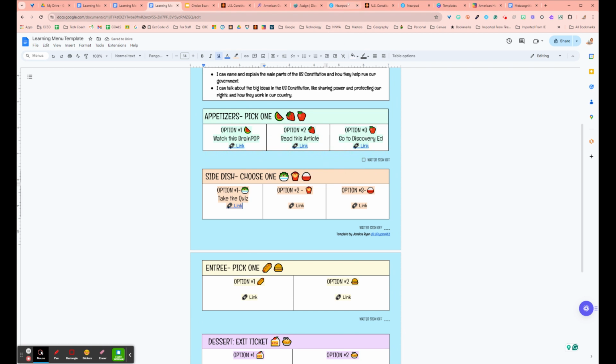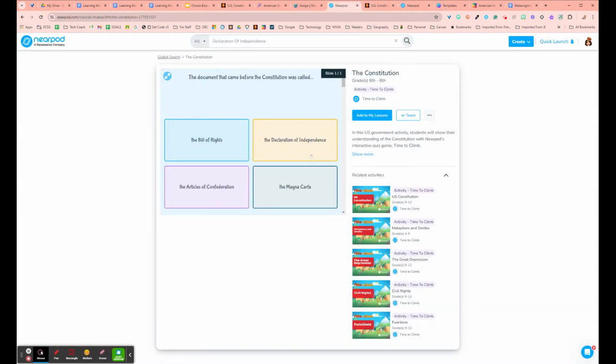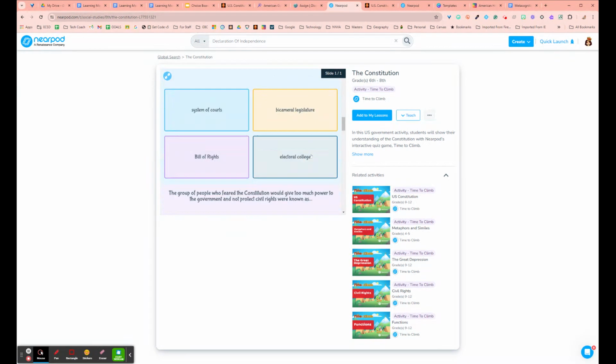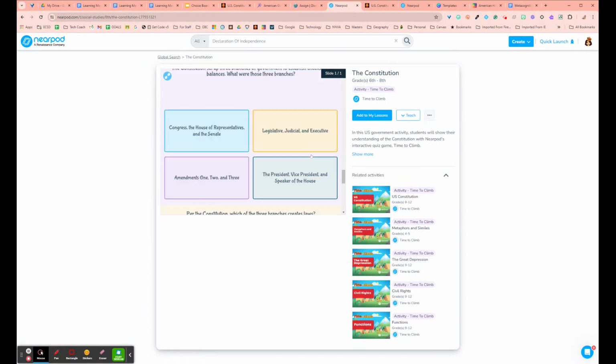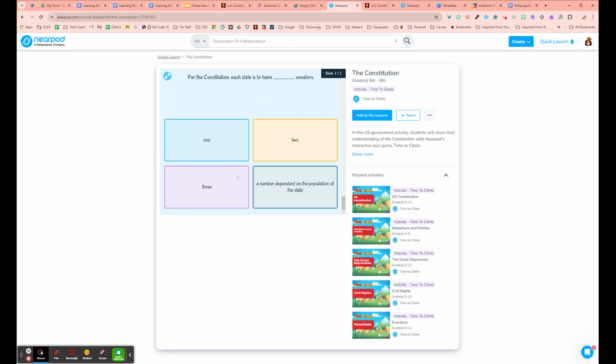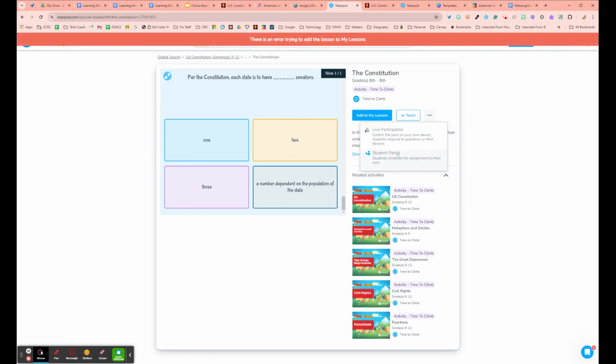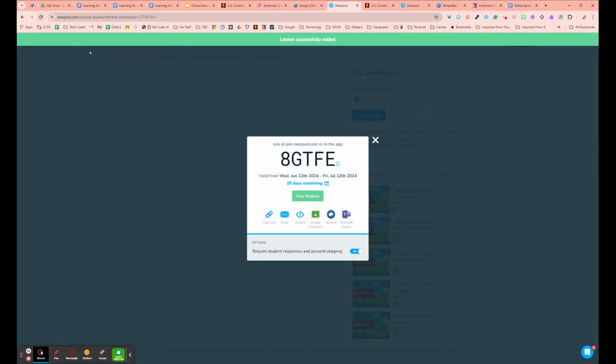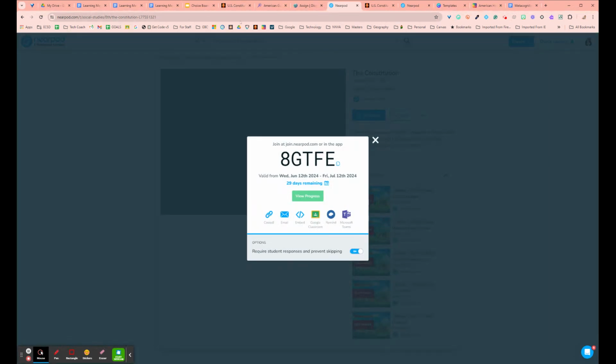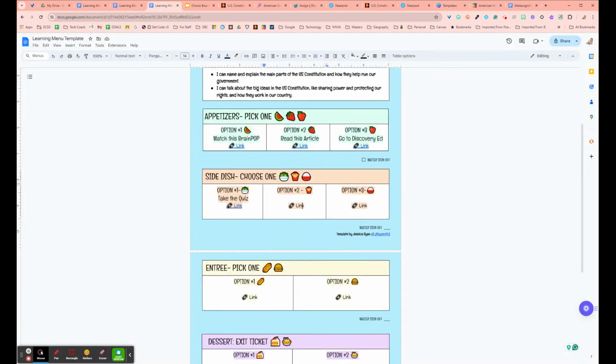Next option I found was this Nearpod, which is a Time to Climb game. It's got questions, but it is a game that they play, and it's based on their time and things like that. So to assign this, I need to click teach, and it'll probably be student paced. We probably won't all be doing this together. So student paced, and there it is. Copy that link, and then I can put that onto my learning menu